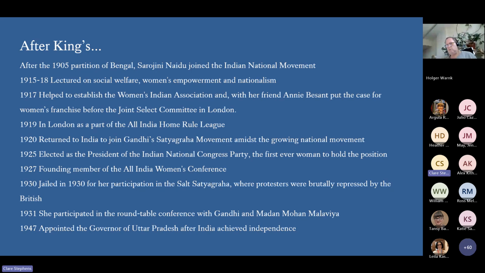So she met Gandhi in London in 1914, and they formed a lifelong friendship and obviously very close political alliance as well. And Gandhi was one of her greatest influences. She was with him on the Salt March in 1930, which is a non-violent act of resistance against the British salt monopoly. When Gandhi was arrested on the 6th of April that year, he appointed Naidu as the new leader of the campaign.